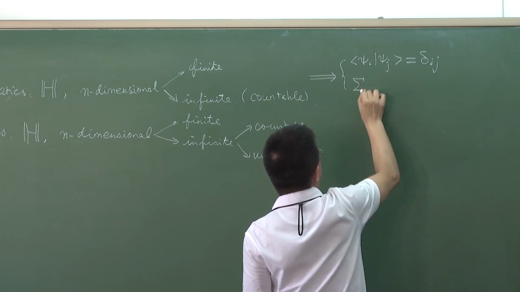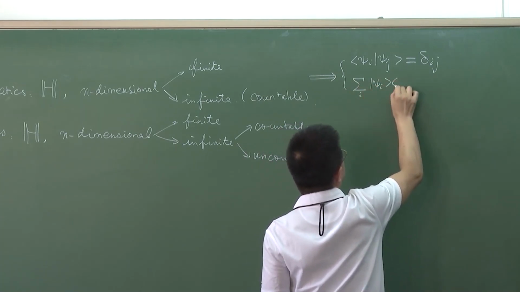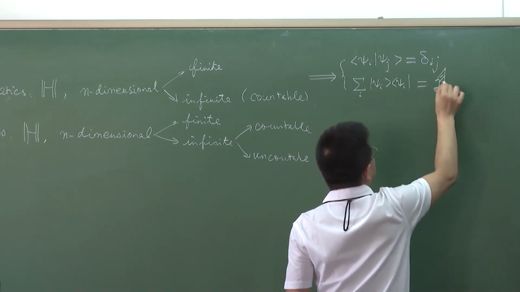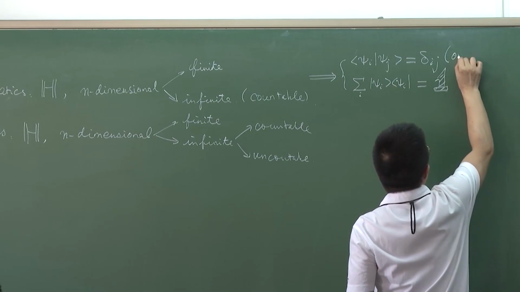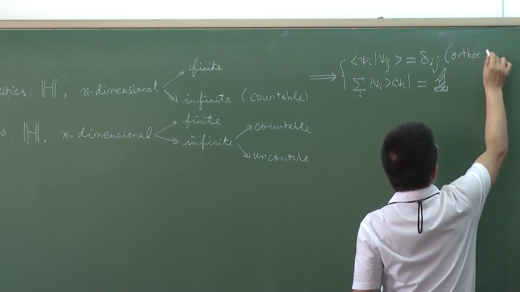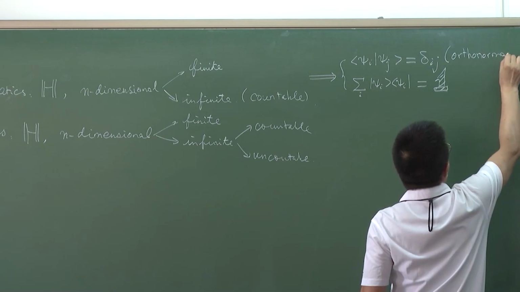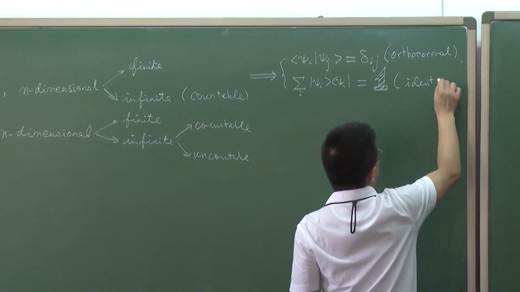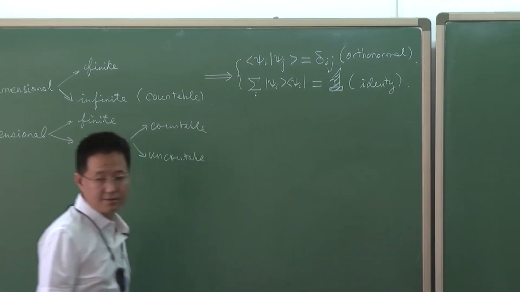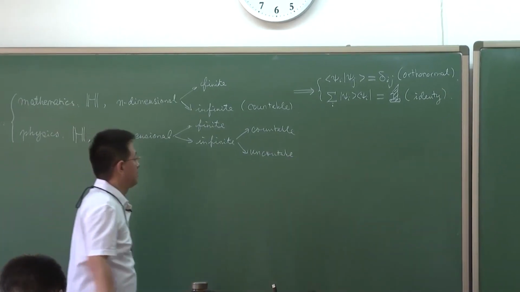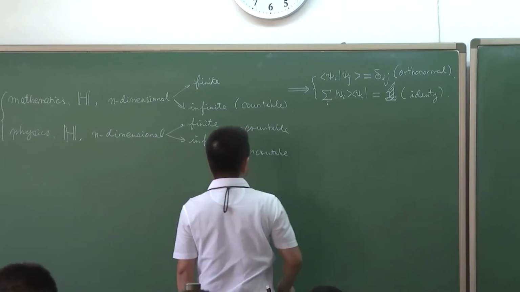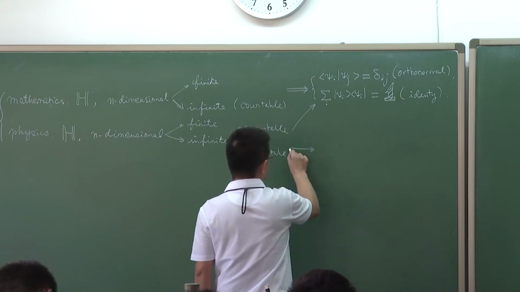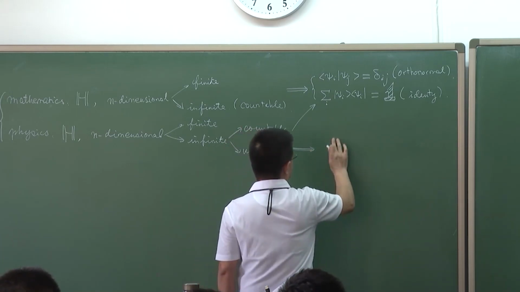and the sum of psi i psi i is equal to the identity. So this is the orthonormal relation. And this is the identity, the resolution of the identity, or the completeness condition. But for the physics, we have this, and also we have another generalization,